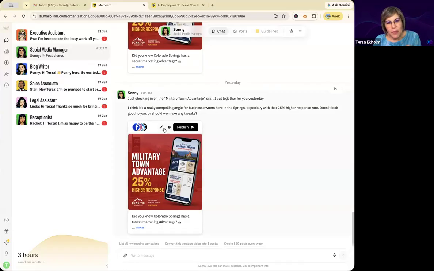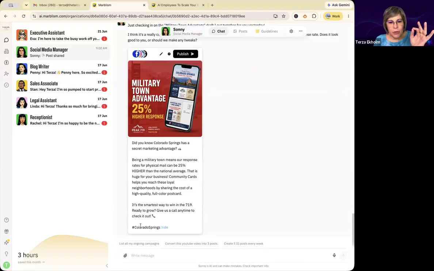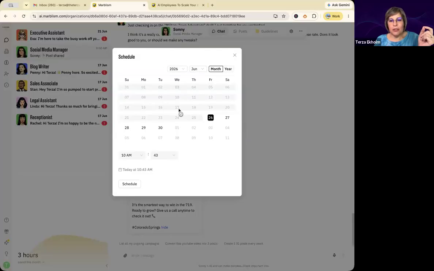First of all, if you want to make changes, you do it right there in the post. You click the little pencil, and you just type in whatever you want right in there, and it will change it right there. You could publish it right away if you like that. Or if you want to schedule it, you click this little button here, and it takes you to the calendar. And you can give it a specific date.